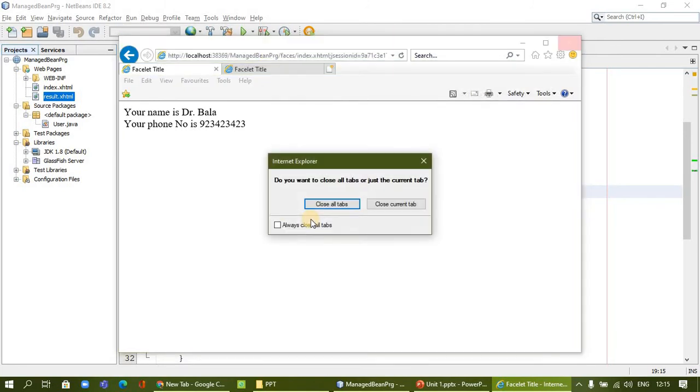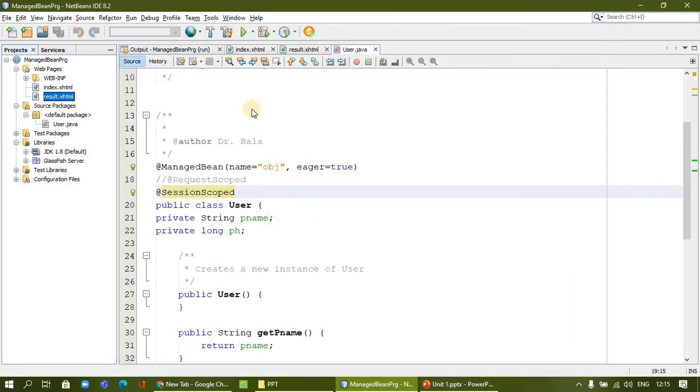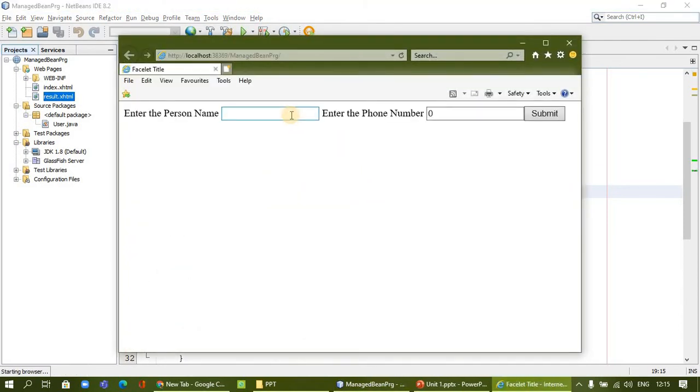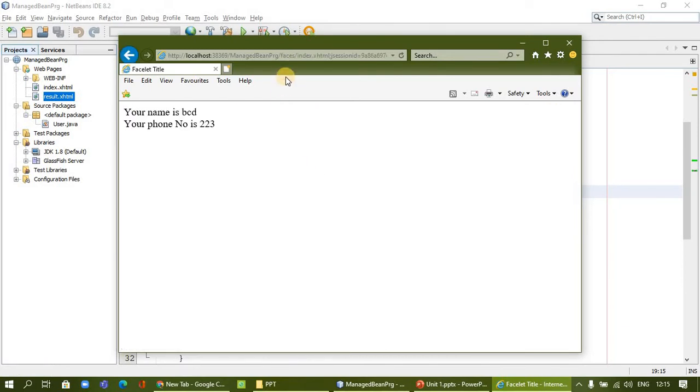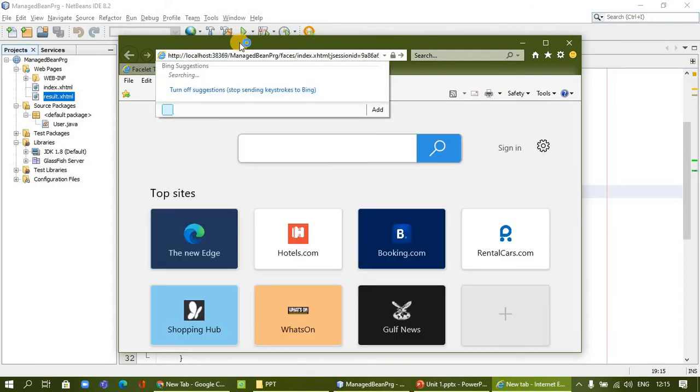File is saved. Once again. Okay, I'll just copy this, I'll paste it here, enter.